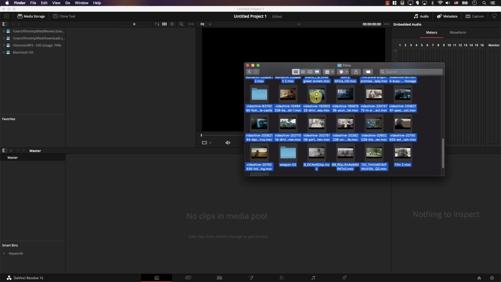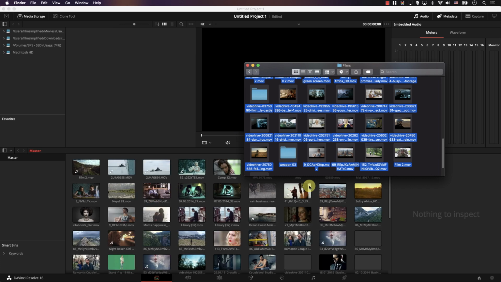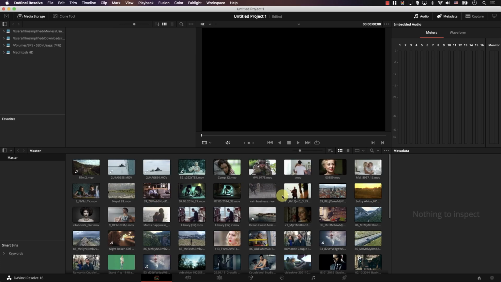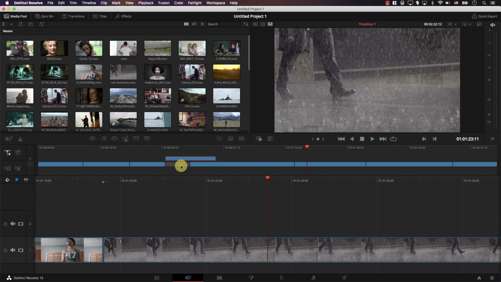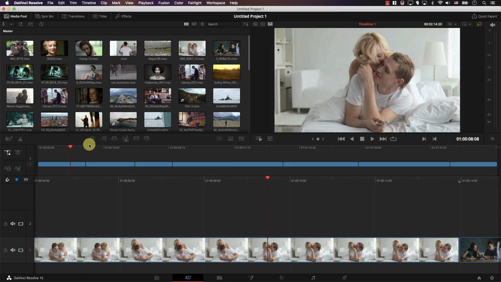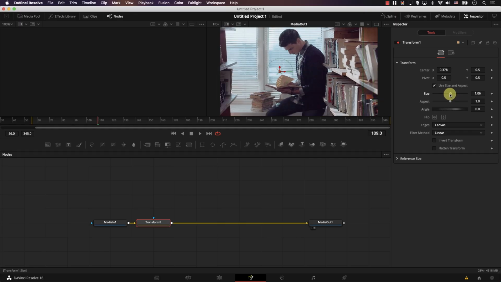For example, you might end up with a lot of footage coming from your camera, if it's a big project. Sometimes thousands of files, and you want to be able to import these files into your software and arrange them in order to edit them and find them later. You want to make it easy to find these files later. So that's a step. The other step is editing your footage, which is basically cutting your films into smaller chunks and rearranging them in order to tell a story. That's editing. Then you might want to add some visual effects, like green screen, animations.